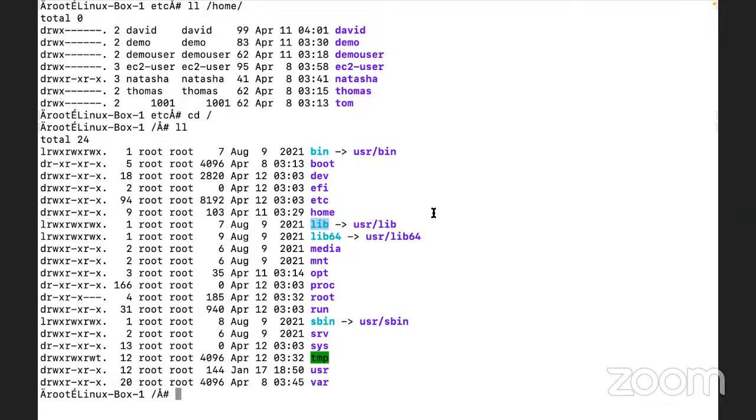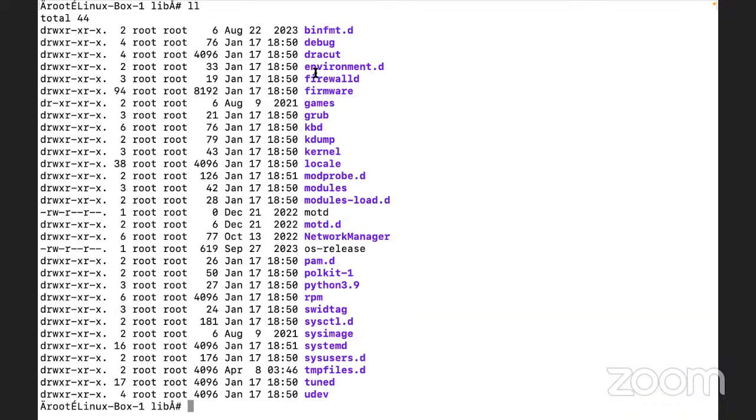It's library, right? Okay, lib means libraries. So if we go here, library files. Whenever we install any software, it does not provide you the functionality, but in order to make that software work, there are some libraries required in order to run the software, like grub.